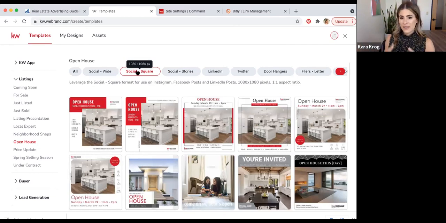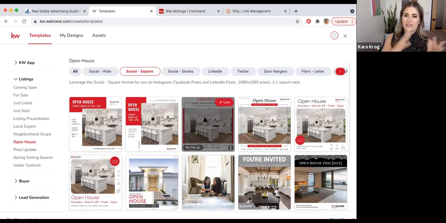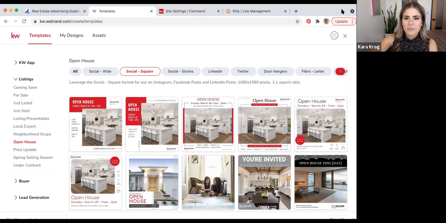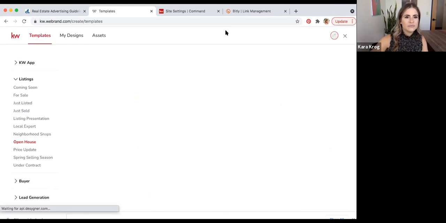Obviously, Instagram has been made for square since the beginning, but I think uploading something to Instagram and sharing it to Facebook at the same time makes a lot of sense, and that square also looks really good on Facebook as well, in my opinion. So some corresponding social media graphics to our flyers would be like this one right here. So I'm going to click use.